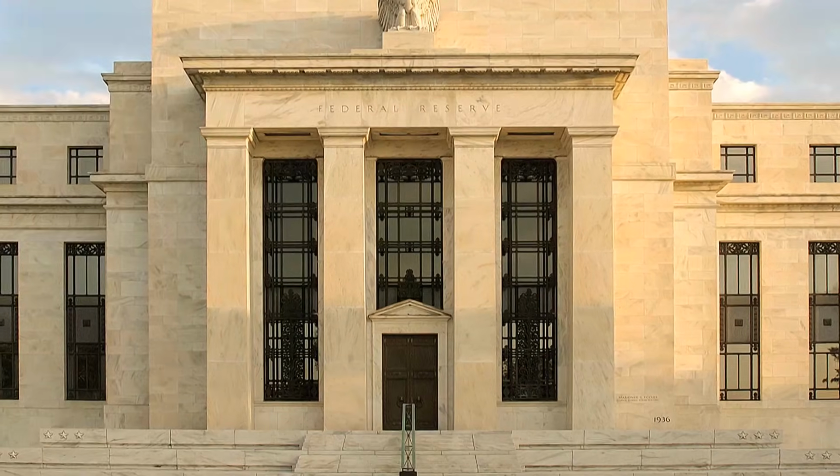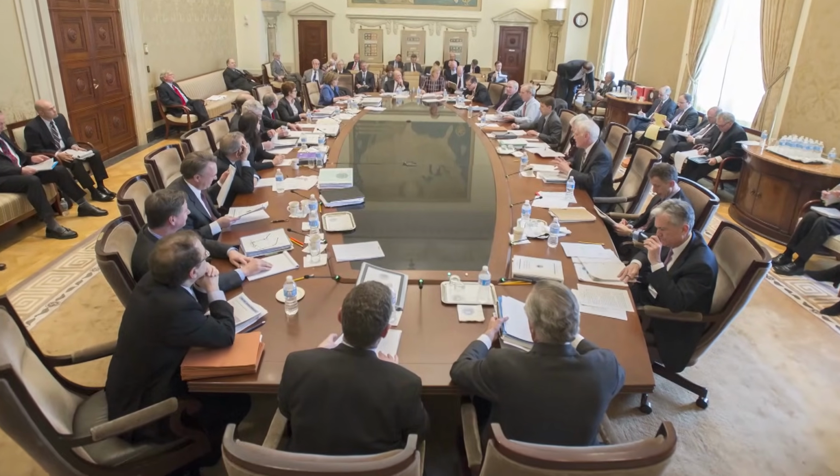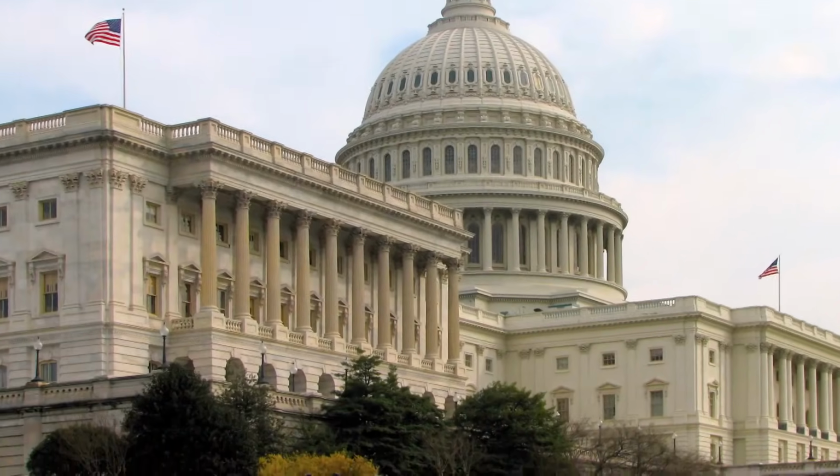The Board of Governors in Washington oversees the Federal Reserve System. There are 7 members, including the chairman. Members of the Board of Governors are appointed by the President of the United States and confirmed by the Senate. They serve 14-year terms of office. Specifically, the Board of Governors oversees the Federal Reserve System and is part of the process for making monetary policy, part of the process for making the regulations and supervisory decisions that the Federal Reserve makes to try to preserve